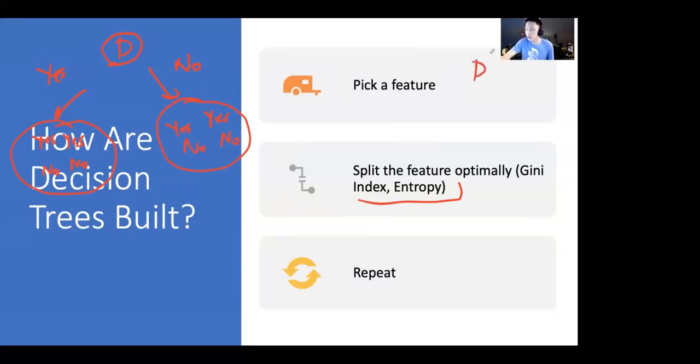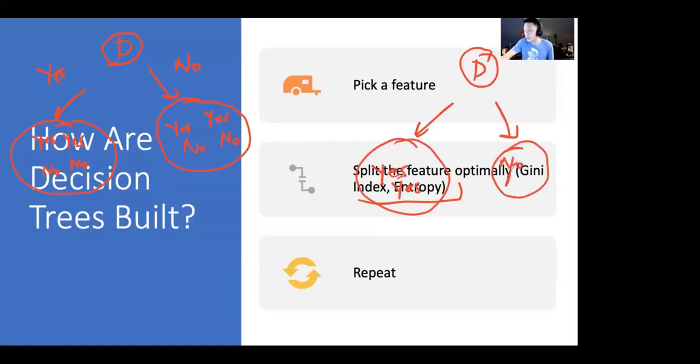But if you had a decision D prime and you had two different spots and you had all yeses here and all no's here, this is a very, very good split, right? Because based on this singular split, you've completely separated the data set into the yeses and the no's. And this is a very good split to use. So basically at every step, you pick the best split and then you repeat and you recursively do it until all of the leaves are pure. So that's how decision trees are built.